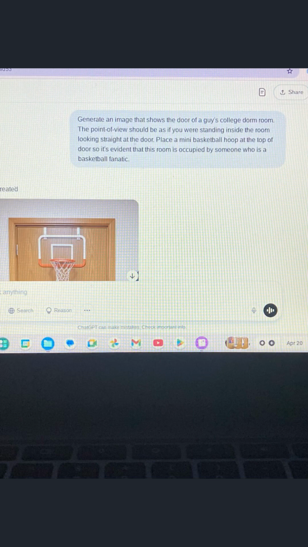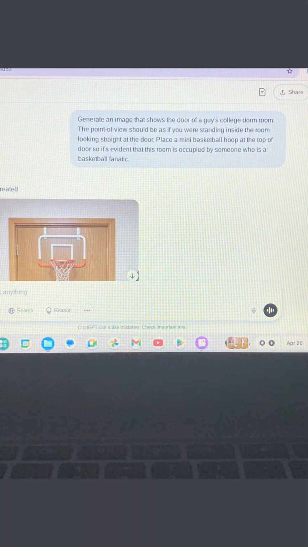So this time, this is the prompt that we used. Generate an image that shows the door of a guy's college dorm room. The point of view should be as if you were standing inside the room looking straight at the door. Place a mini basketball hoop at the top of the door so it's evident that this room is occupied by someone who is a basketball fanatic. And as you can see, the results that are generated are a lot better,